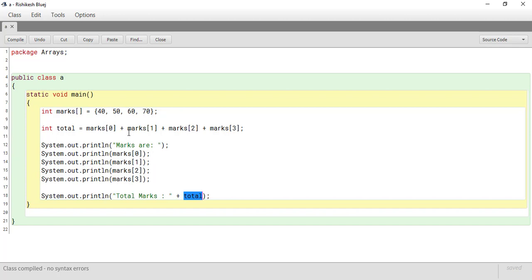Now let's read all these values from the user. Instead of hard coding the values in my code, I will read it from the user. I know that we need to store 4 subject marks, let's say. So I need to create the array here like this, new int, as I've explained earlier, and then the size of the array. Size will be 4 because we want to store 4 marks, so I'm going to write 4 here. So by default all the values of this array will be 0.